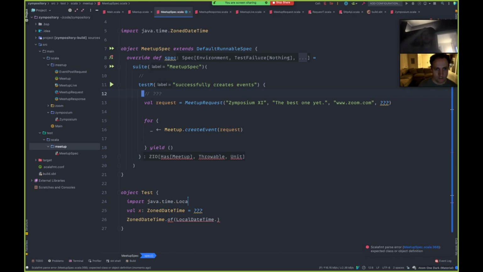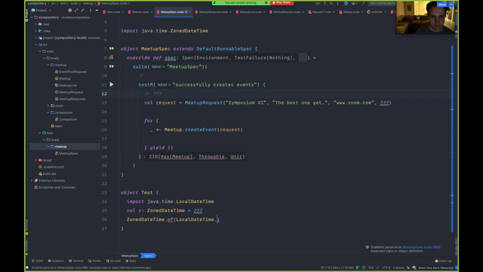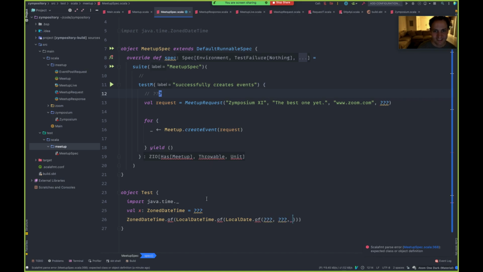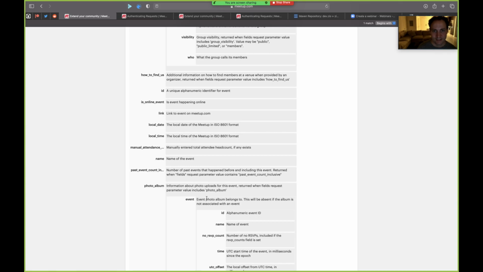Okay. I see. Yeah. This is annoying, but... Local date time of local date. Oh wow. Right. So I think basically this is the date part. Oh wow, that's hilarious. Okay. I'm sure there's some higher level thing that you get to parse it or whatever, but this is totally fun.